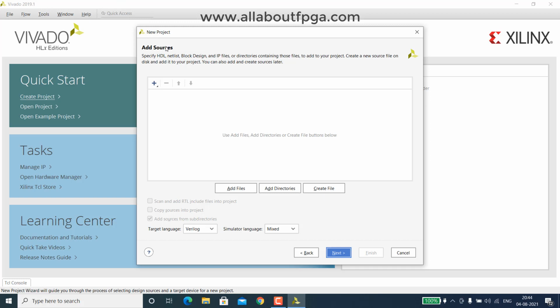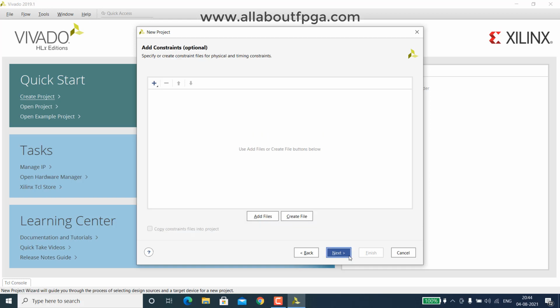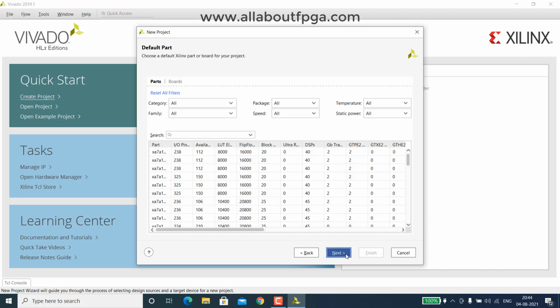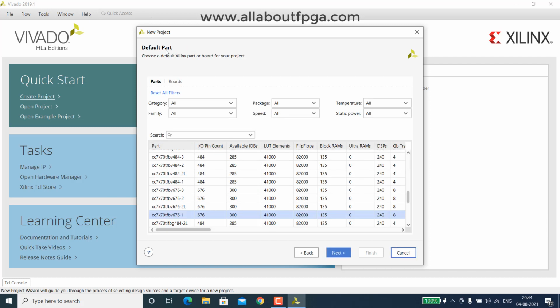If you have any existing source, or for creating a new source, we can use this window, but we are simply going to skip these things and create a new source later. Next, we have an option for adding constraints, that is, the pin details of the Spartan 7 FPGA. Next, this is the important section where we have to select the device name.